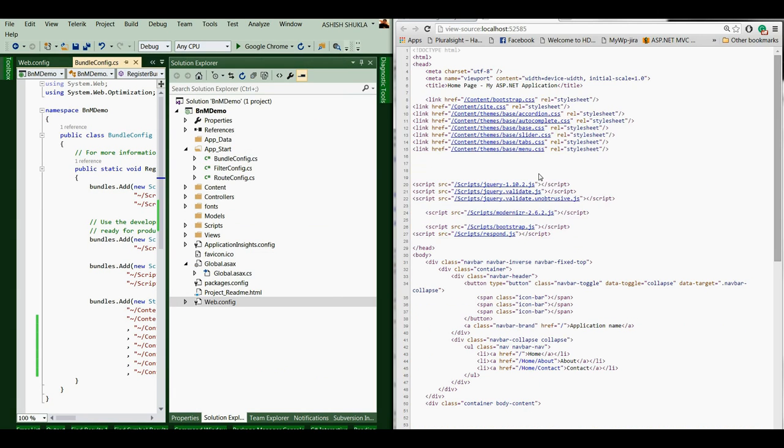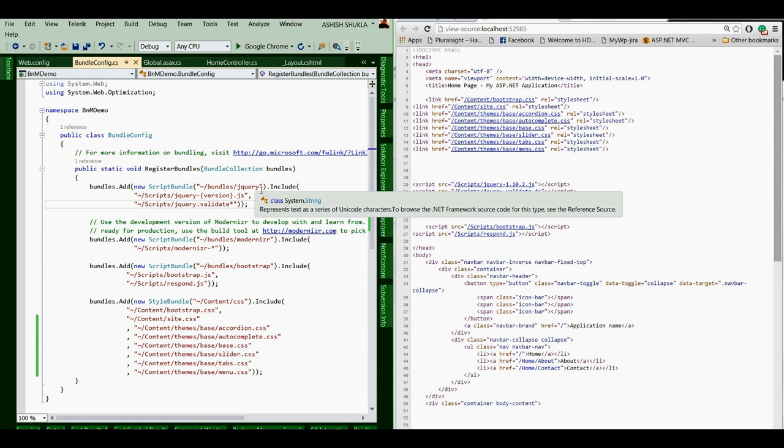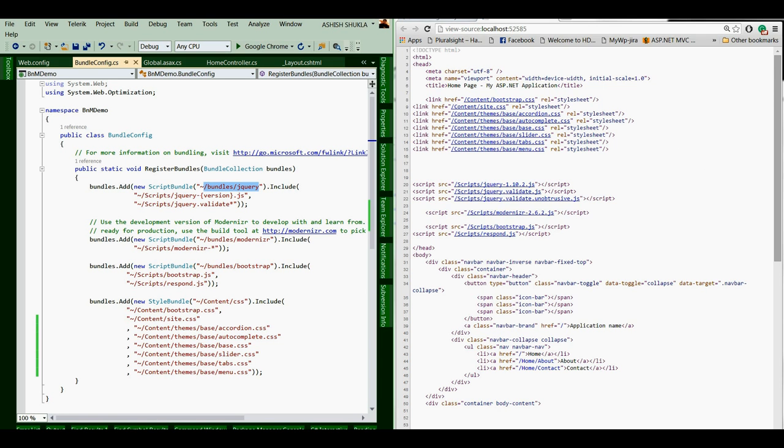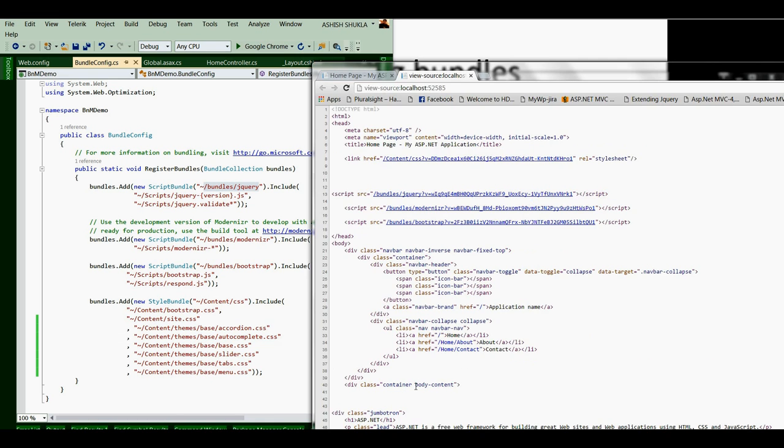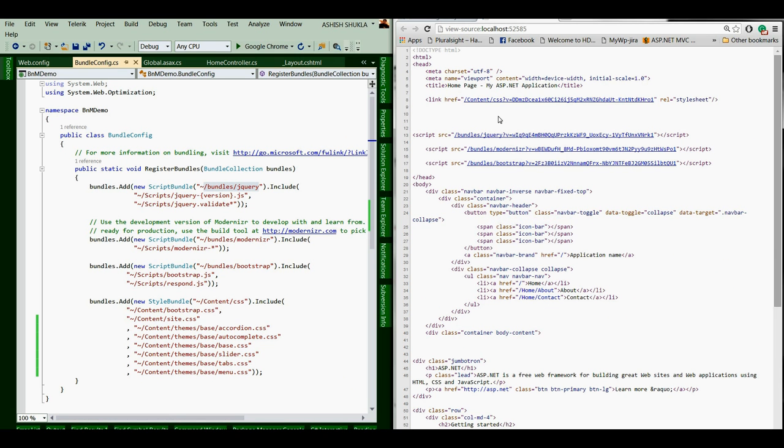Here we can see that I have created one virtual path for bundle/jQuery. Let me open the correct page. Here we have content/css, and we have bundle/jQuery, bundle/modernizr, and bundle/bootstrap.